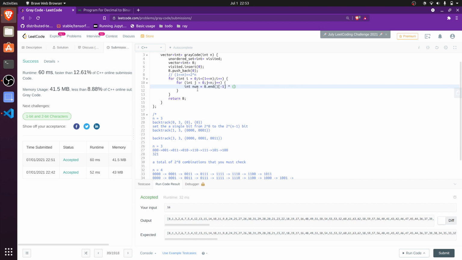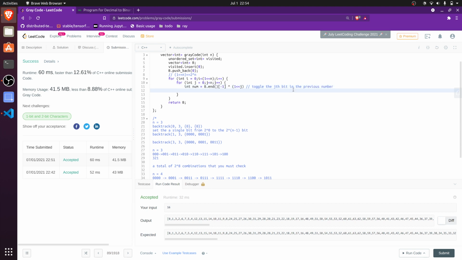Toggle one of its bits. Specifically, we can iterate through, because we're iterating through n bits that we could toggle. So let's use this iteration through n's here and do this j. So we toggle the jth bit of the previous number,